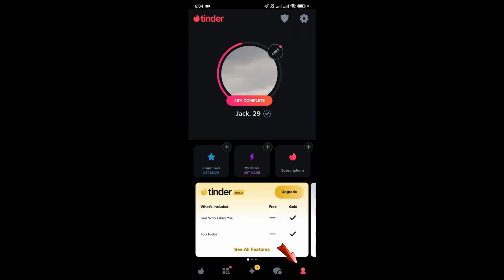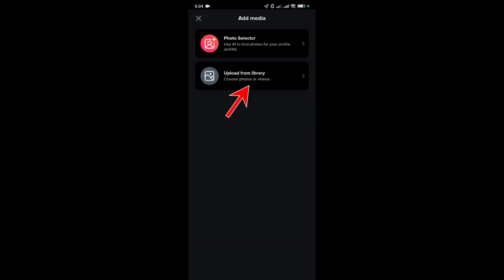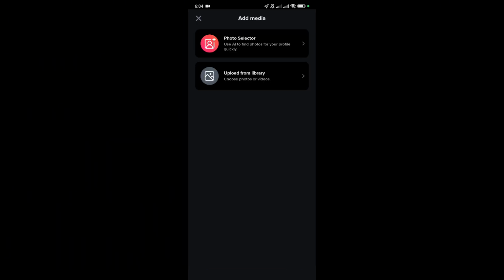Then go to your profile by tapping on the bottom right corner of the screen. Then tap on Edit, which is like a pen icon right here. Scroll to the media section and tap on the plus icon to add a photo or video, then tap on upload from library. Before going any further, Tinder does not allow you to film a boomerang from their app, so